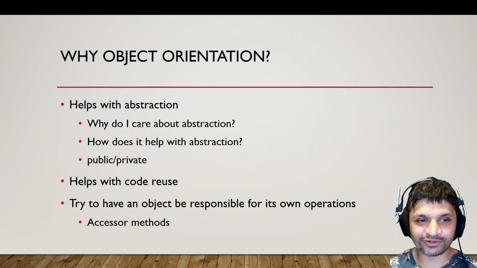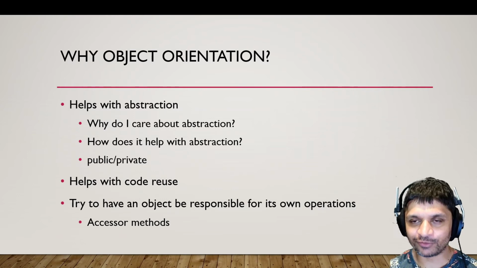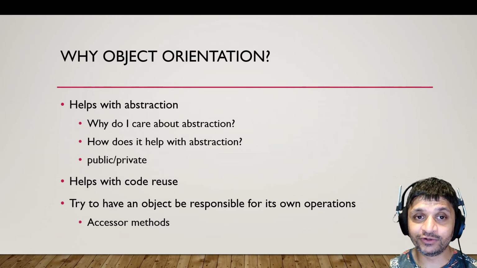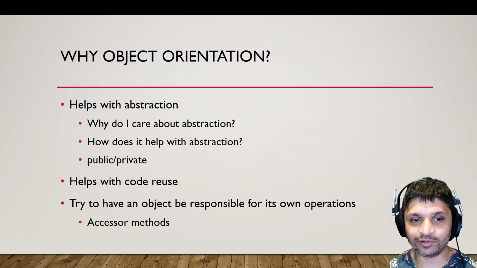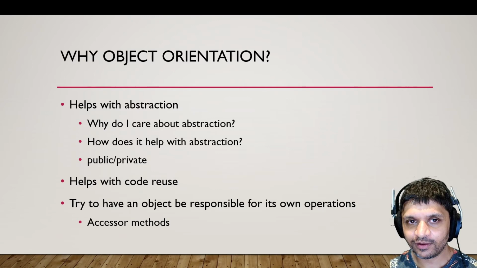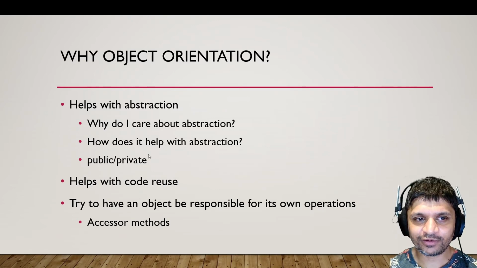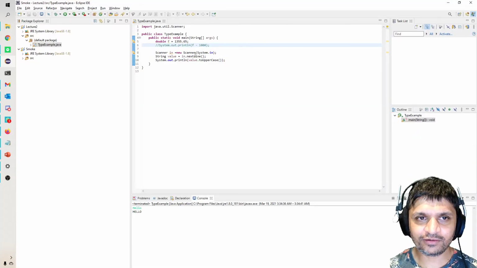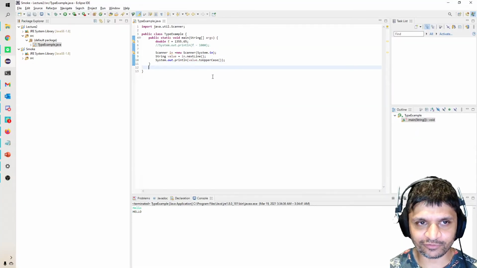So why object orientation? Well, it helps with abstraction. It helps with code reuse because I can just use somebody else's objects without understanding them. So abstraction itself helps with reuse. One of the things I wanted to talk about is the words public and private. You've seen public static void main, right? You could potentially also see something like